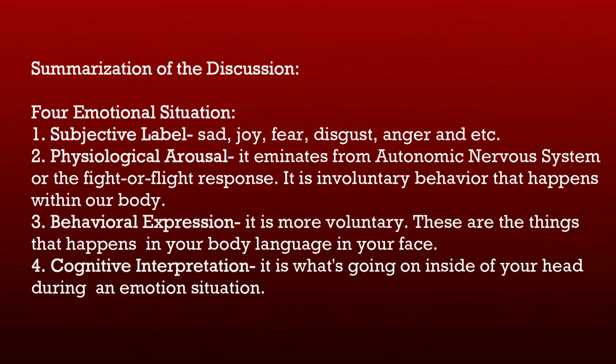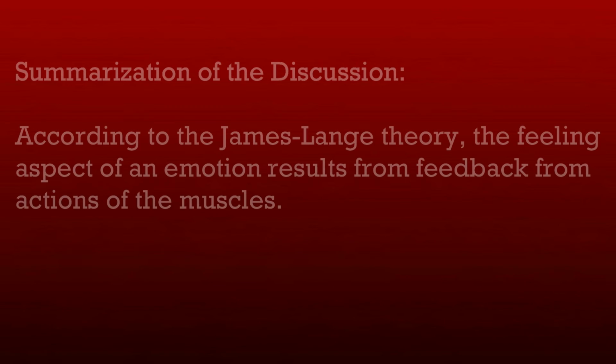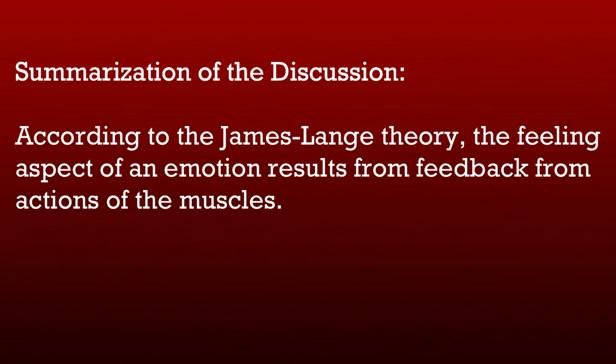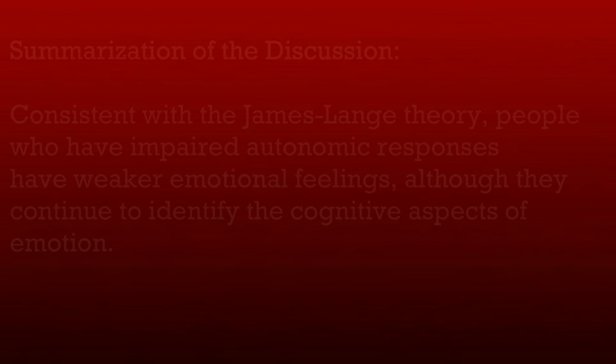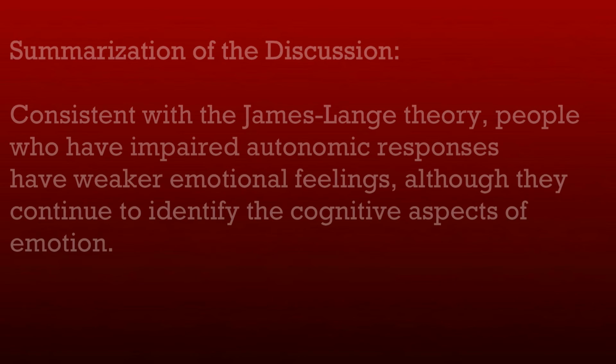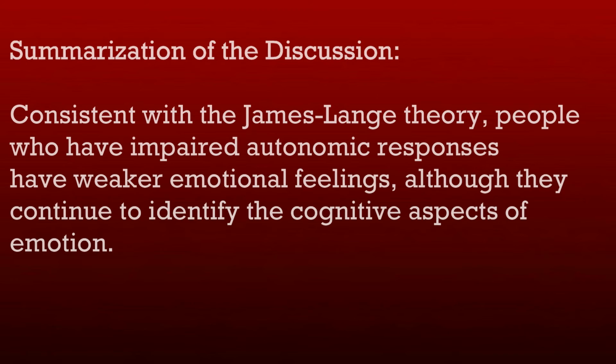Next would be the behavioral expression. It is more voluntary, and it is the things that happen in your body language, in your face, or basically your reactions. The last would be the cognitive interpretation. It is what's going on inside of your head during an emotion situation. Next is, according to the James-Lange theory, the feeling aspect of an emotion results from feedback from actions of the muscles. Next, consistent with the James-Lange theory, people who have impaired autonomic responses have weaker emotional feelings, although